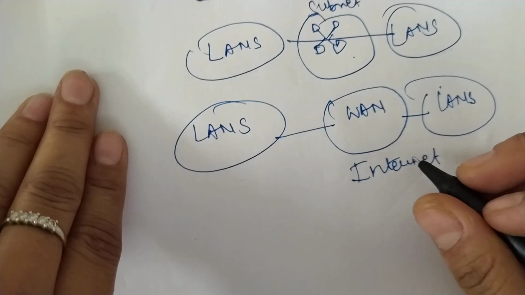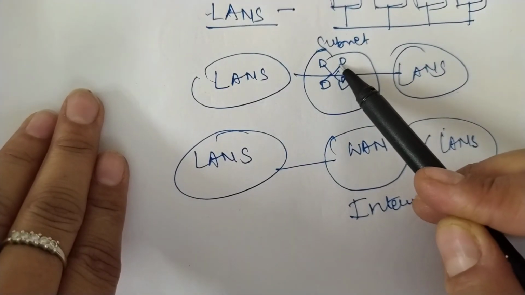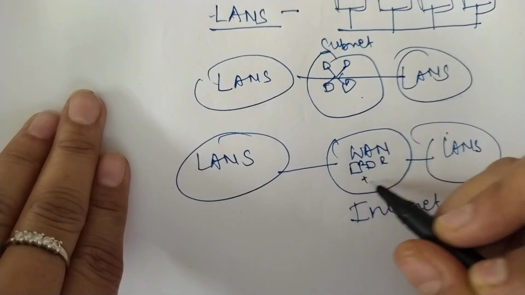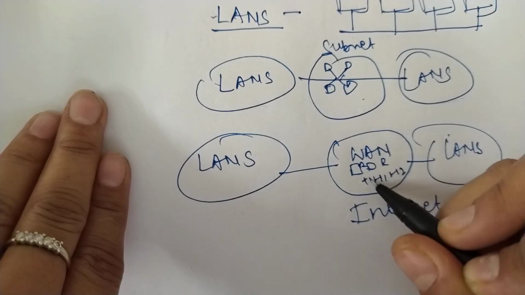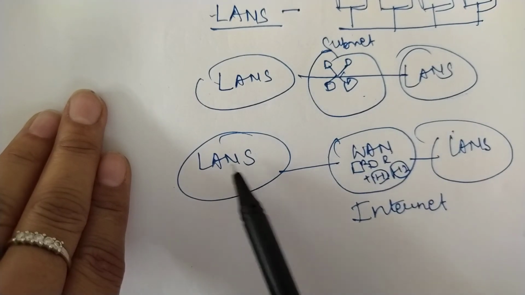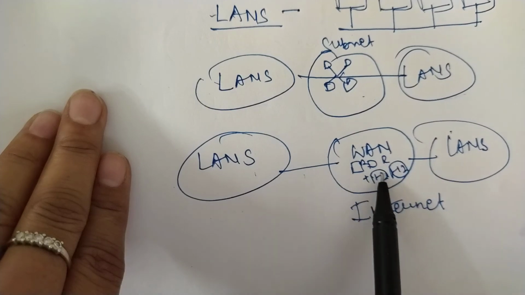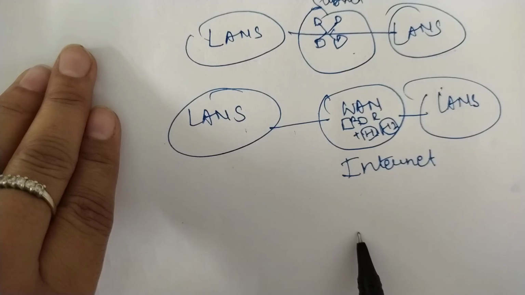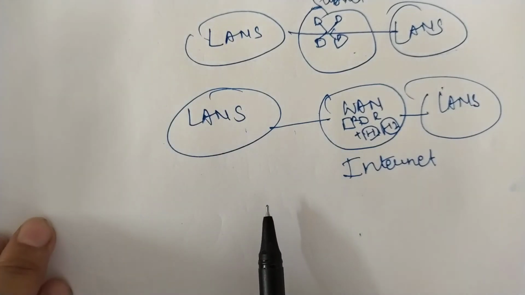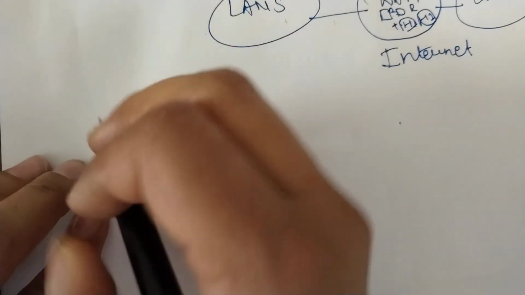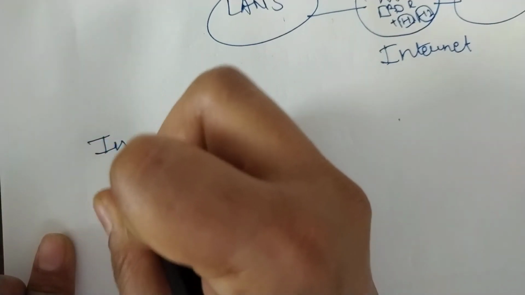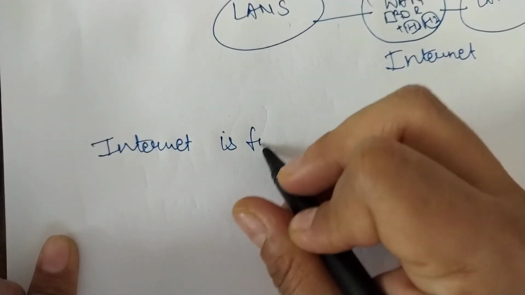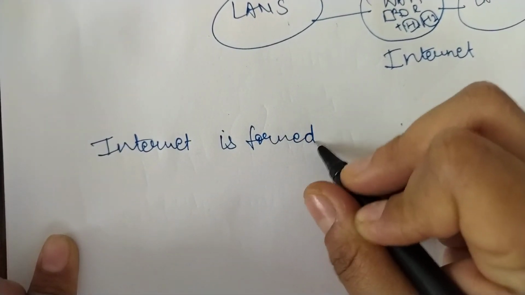Now the only difference here is that a subnet consists of routers and transmission lines, whereas a WAN consists of routers as well as hosts. So when two different LANs are connected using a WAN, it would be known as an internet or internetwork. So basically I can say that an internetwork or an internet is formed when